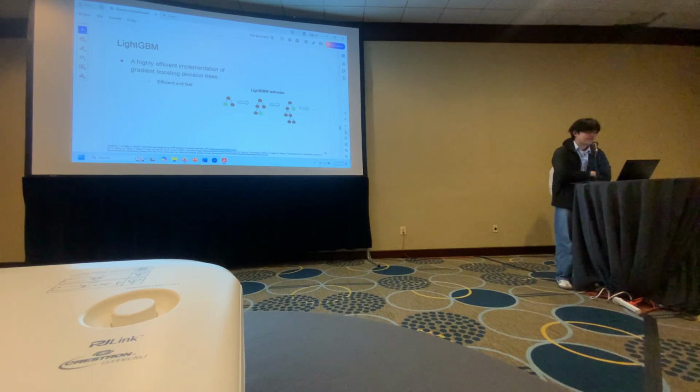LightGBM is a highly efficient implementation of a gradient boosting decision tree, and accomplishes this by creating decision trees and creating new leaves, new nodes, through the leaf-wise process. In which case it explores and creates new leaves for whichever leaf has the largest loss. This allows GBM to converge very quickly, leading to fast and efficient